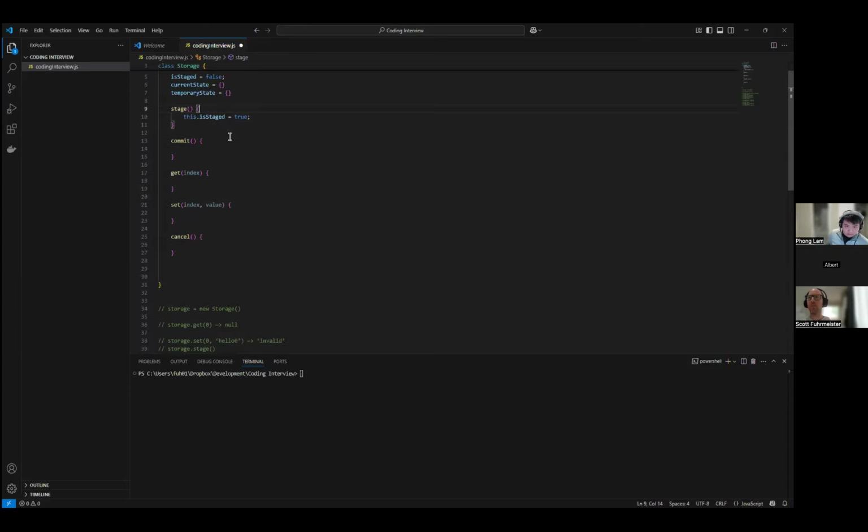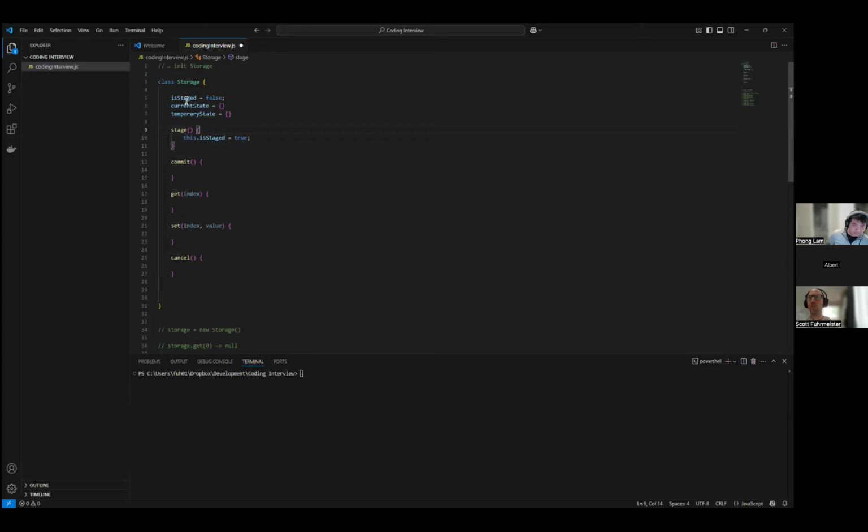In JavaScript, these are instance variables, so I think it's got to be in the constructor. You just type constructor and then call it like a method.